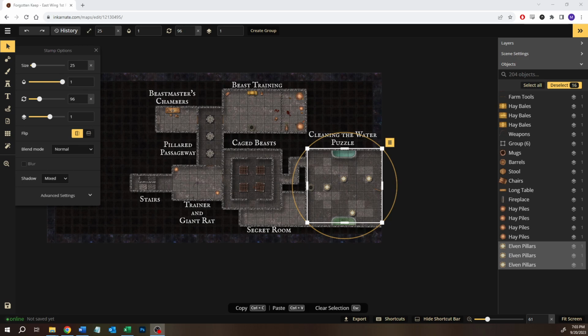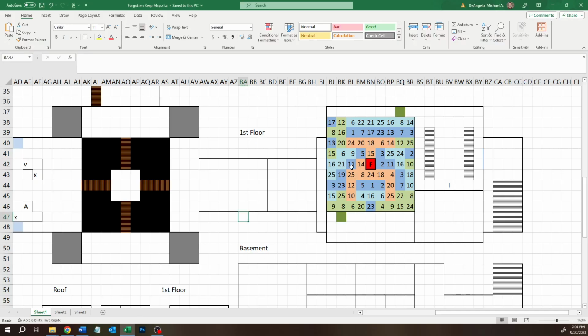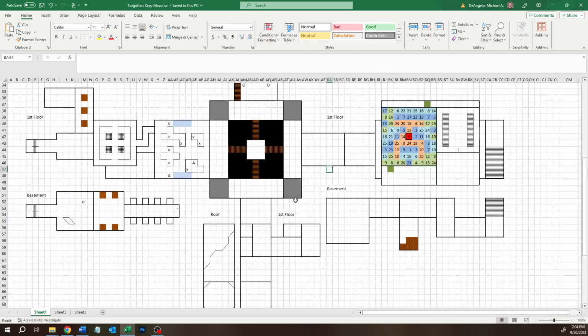Today we are going to be returning to the Forgotten Keep. It was a map that we took a look at maybe like 2 months ago, and today we're specifically going to be looking at the Eastern Wing. So we're going to loosely connect things to the West Wing here. There is a central area of the keep that we had in the other parts of this map, and we're going to retain that, but at least for now we want to mirror certain things. So let's take a look at the Excel spreadsheet that we originally had,